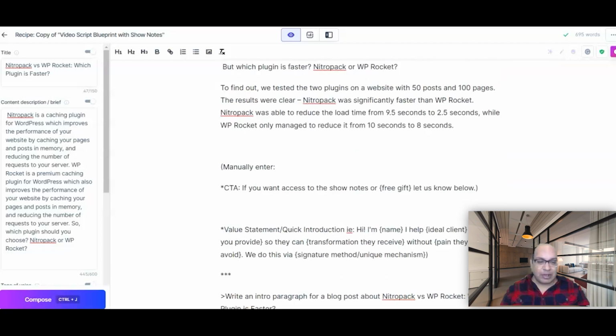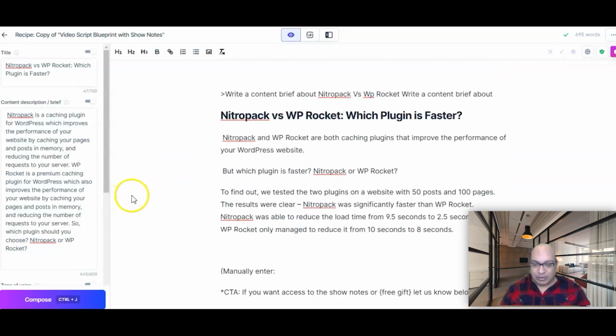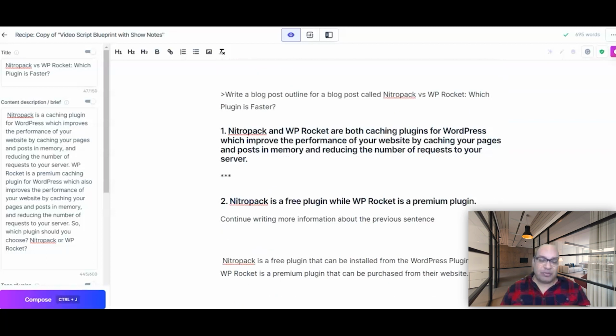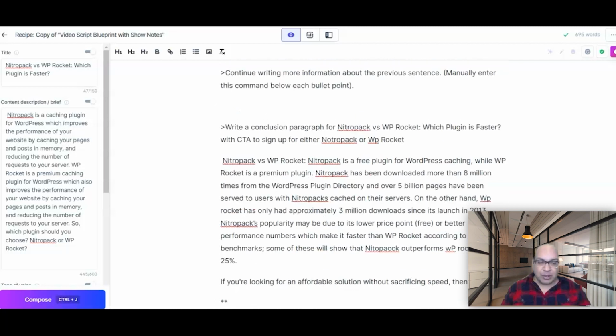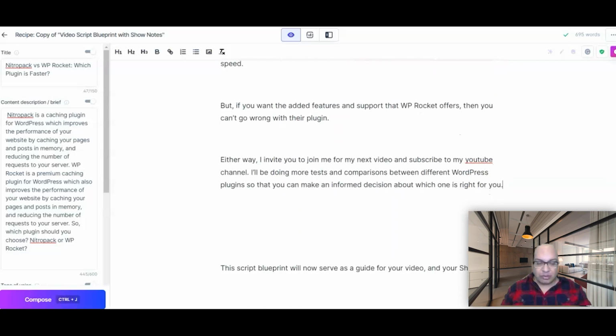So this is the outline. I used it, and I spent roughly 10 minutes having the outline, and then about another 5 to 10 minutes editing it and polishing it up to have a nice, killer YouTube script for the next YouTube videos.